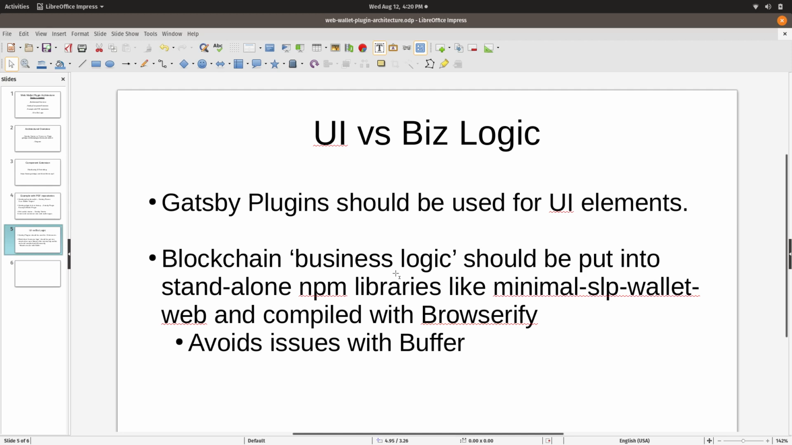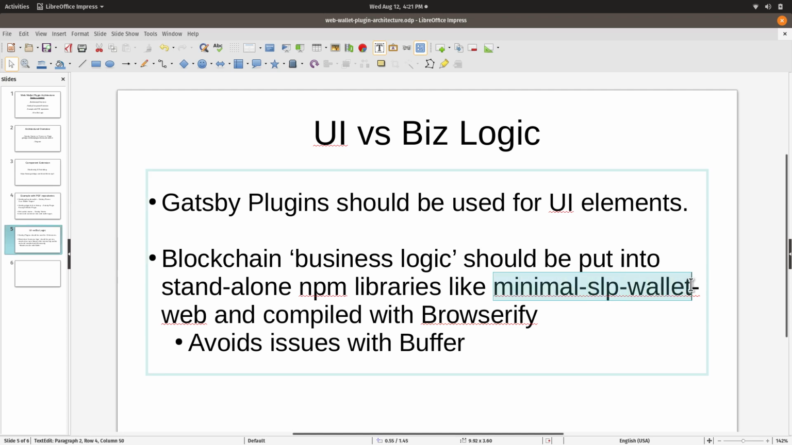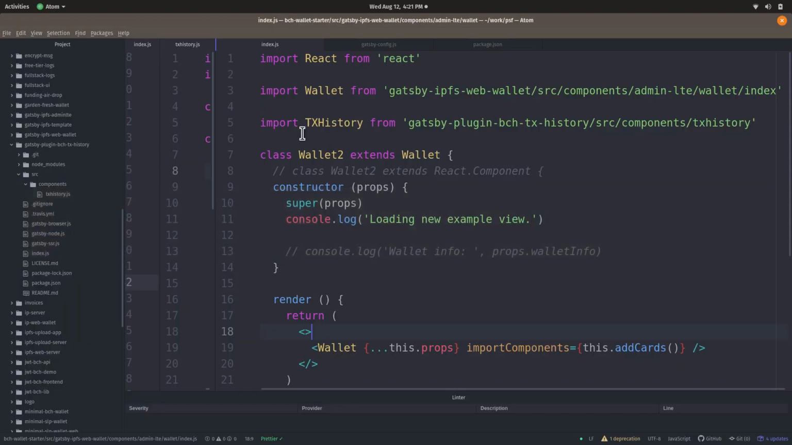If you're doing anything with the business logic, like for instance the post office, there's a lot of transaction manipulation happening there, and the use of buffers and binary data, and that doesn't translate real well from Node.js to the browser. And we first ran into this issue with the core wallet engine, which is Minimal SLP Wallet. We ended up compiling that with Browserify